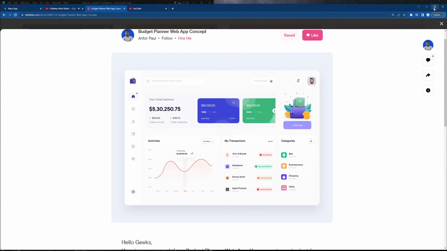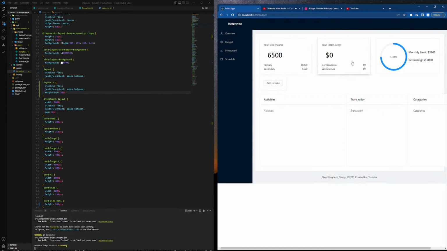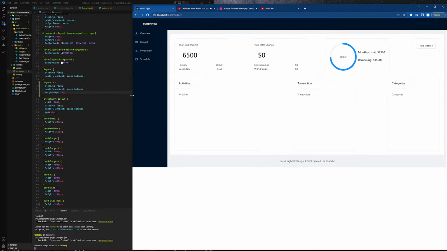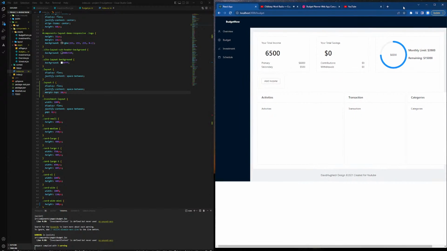So I think what I'm gonna do is take these, and if I take the actual color out of these, it actually looks a lot better, because the color is kind of giving me a weird vibe here. So what we're gonna do